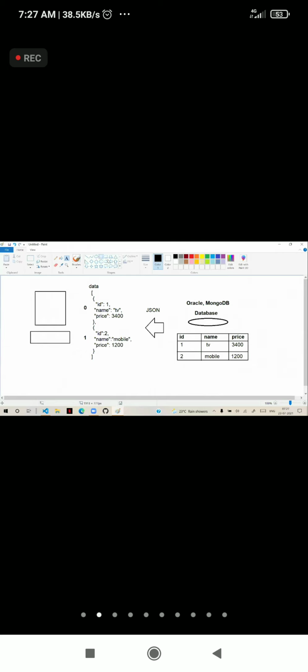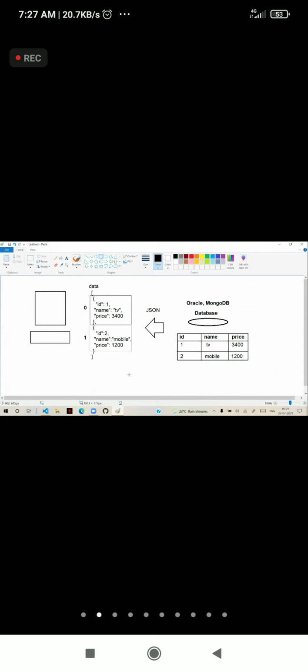That means this data comprises two objects, one object at 0 index and the second object at 1 index. It is a collection of objects.